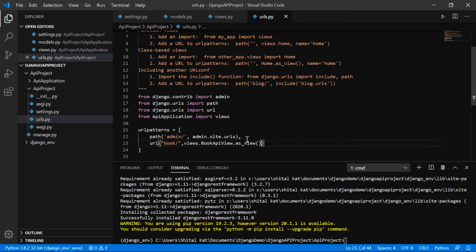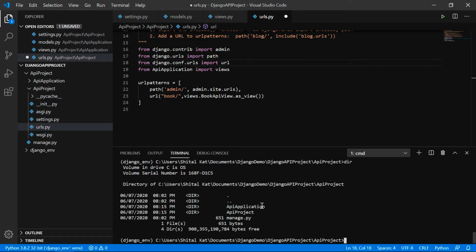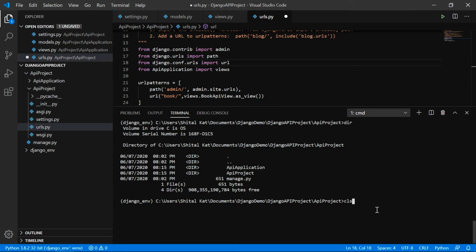So now we'll run the migration command. Whenever we create a new object or edit the object, Django makes changes in the database accordingly.